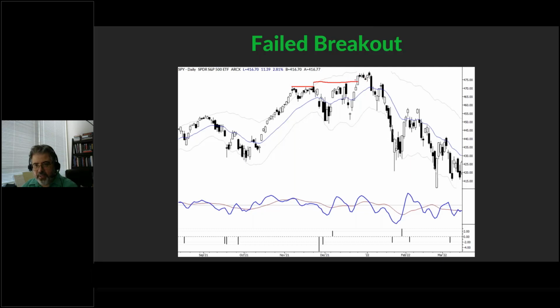Then we had this, right? We broke to the upside here, and then we consolidated. On this day, you certainly had a reasonable expectation that we'd break to the upside and just explode to new highs. However, we failed back. Look, all of this is very classic market structure. Failed back into the range,